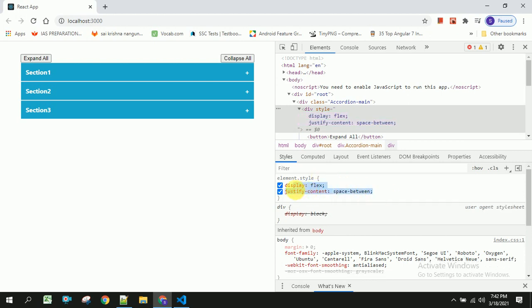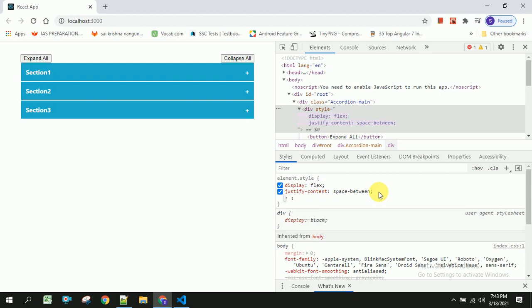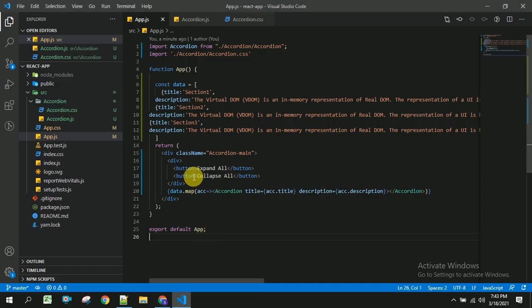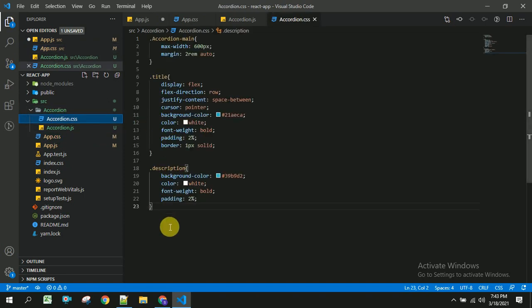So let us copy this. I think display flex is not required. Okay, it's required. So let us save this. Let us copy and paste it in our application. Class name equal to somewhat called buttons. Inside accordion.css, I am going to create buttons and paste this here.